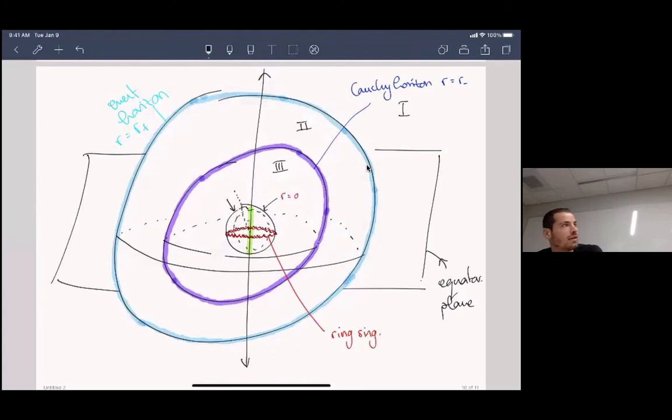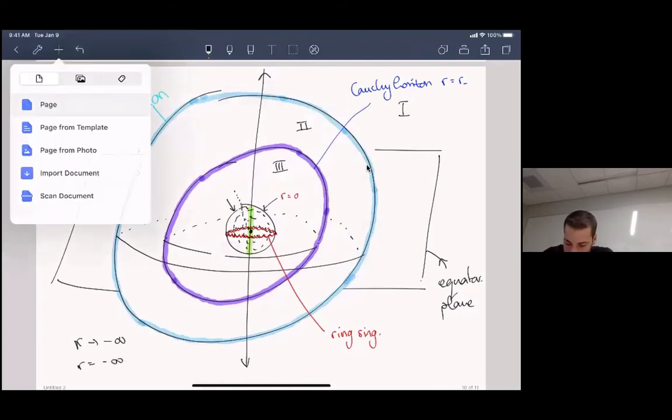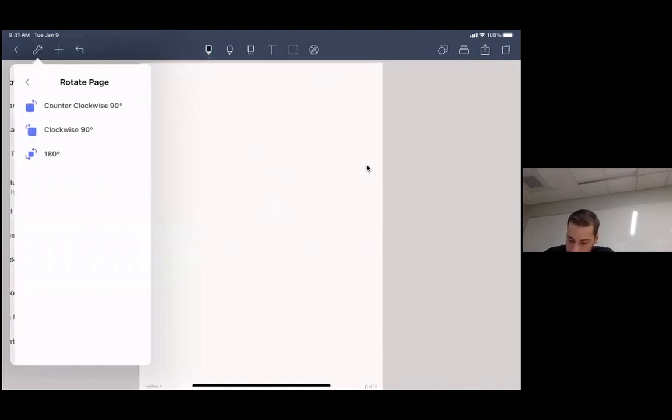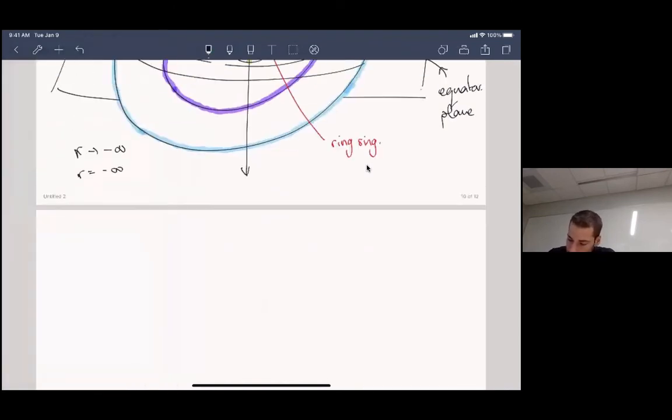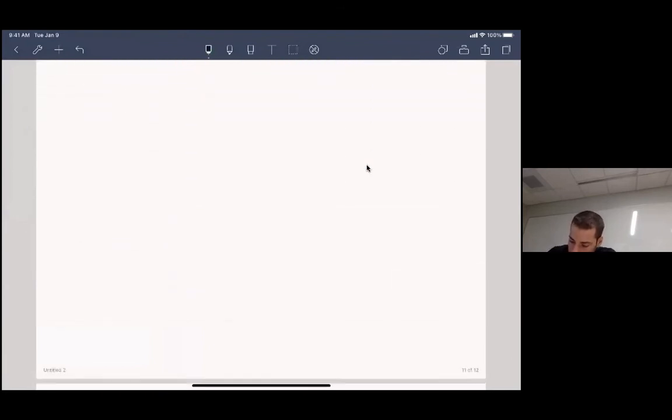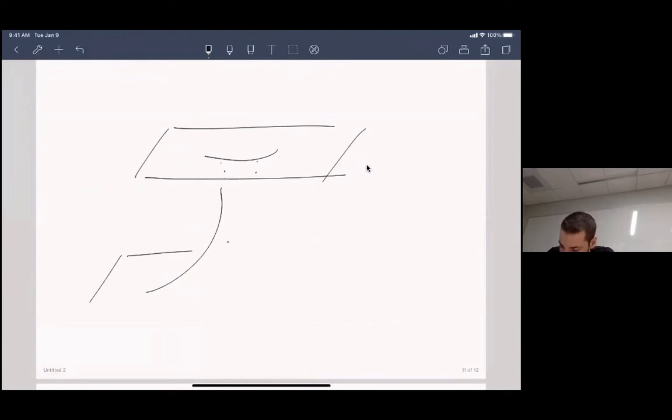As I go further and further in, my R is actually going to negative infinity. And at this central point here, R is literally negative infinity. So another way of seeing it is that when you travel past this throat, you could call it, when you travel past this R equals 0, what you're really doing is you're going from... so let's say R is when you pass through this